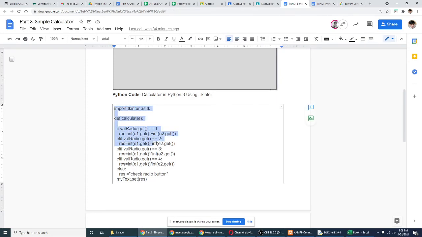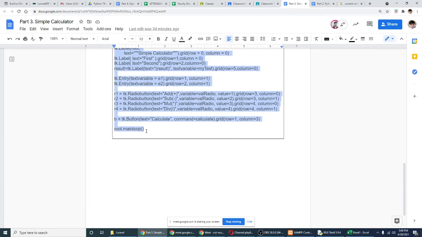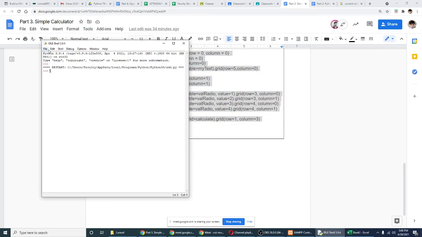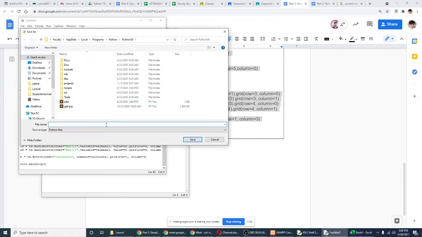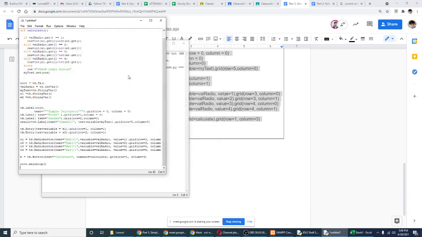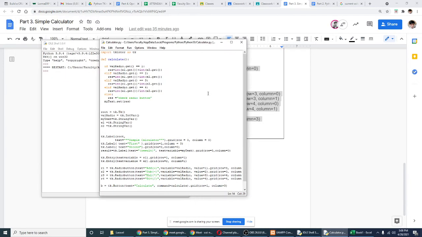So let's try to copy this one. Then let's create a new file. Then let's try to save. So calculator.py. Okay, so here,